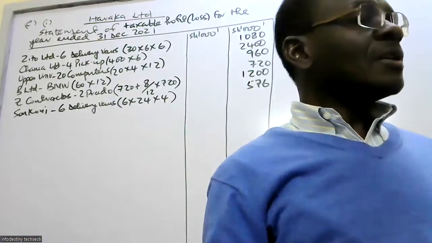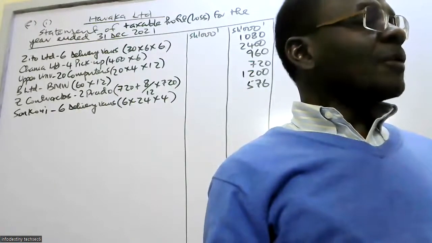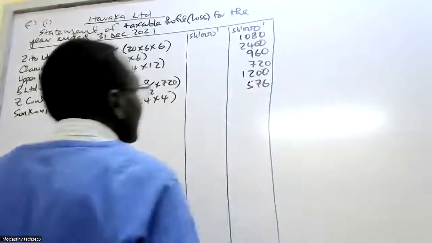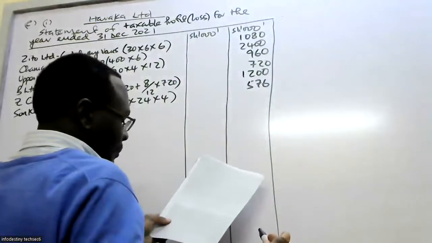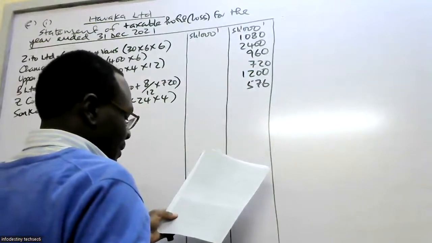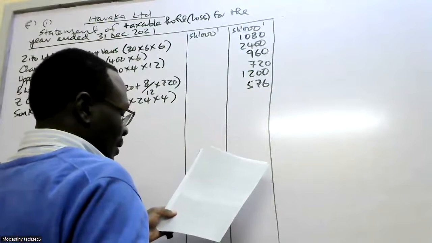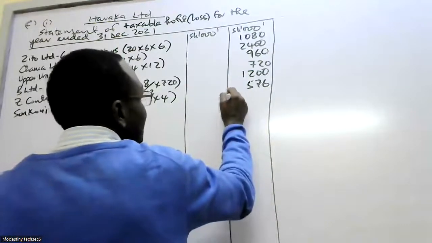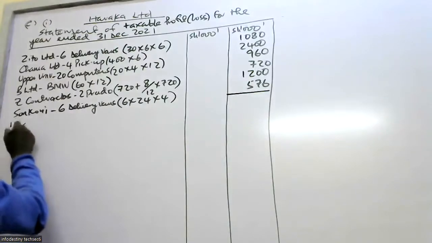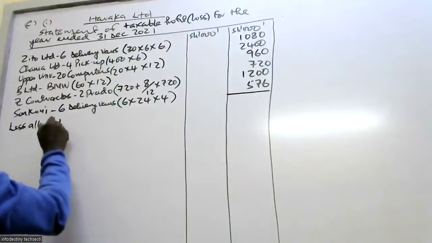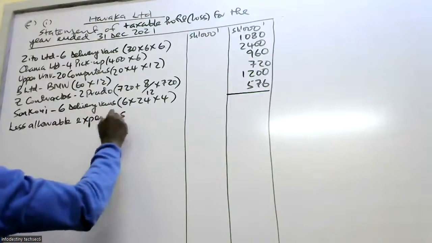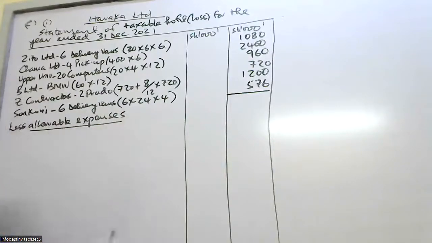Oh, so it's not in this question, but there's an income I thought I'd seen somewhere else. I think this is all as far as income is concerned. The other incomes are from different activities. Royalties of 360, net of advertising, renewal of patents, interest from money market, dividend, rental income. So this is from leasing. Then we lessen allowable expenses. That is purely from leasing. We lessen allowable expenses.